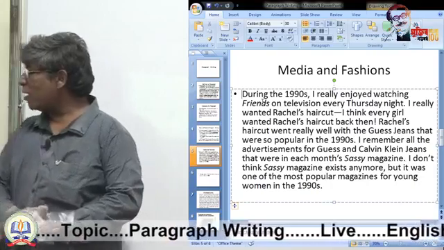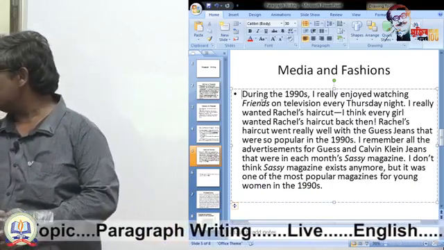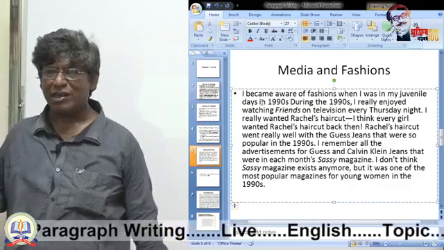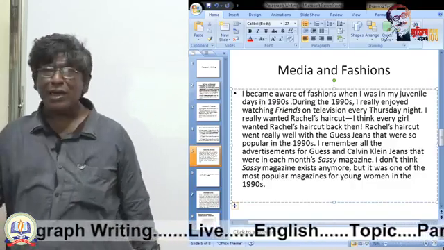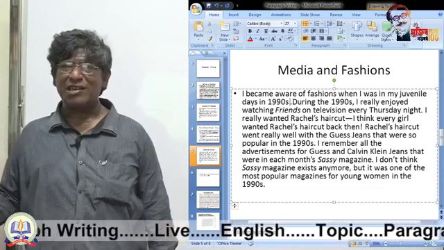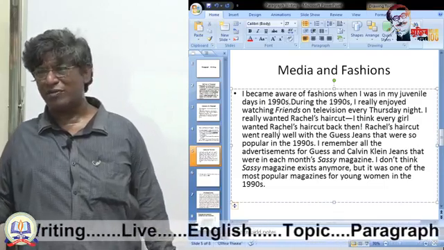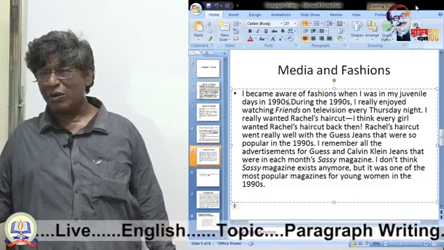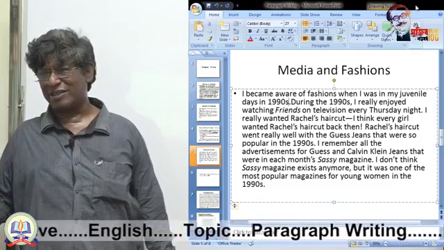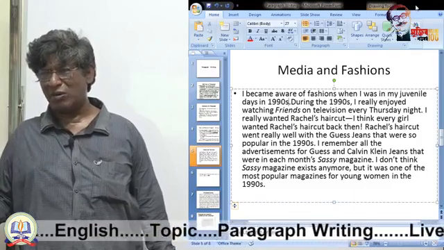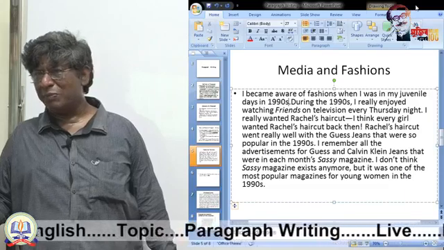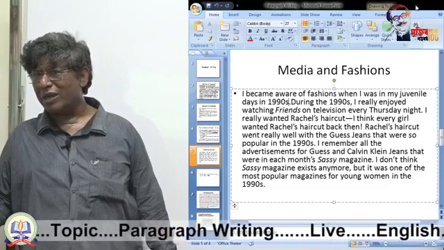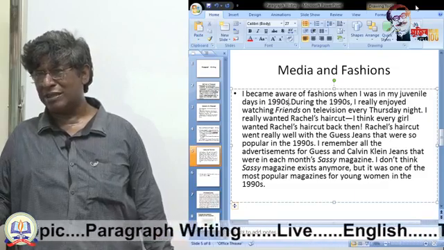I became aware of fashions when I was in my juvenile days in the 1990s. During the 1990s, I really enjoyed watching Friends on television every Thursday night. I really wanted Rachel's haircut. I think every girl wanted Rachel's haircut back then. Rachel's haircut worked really well with the guess